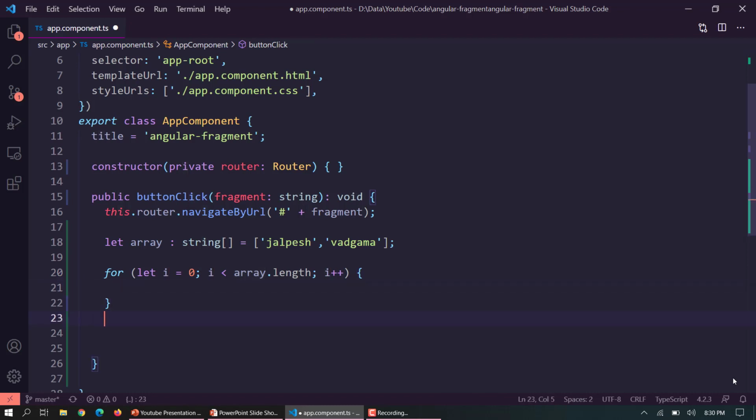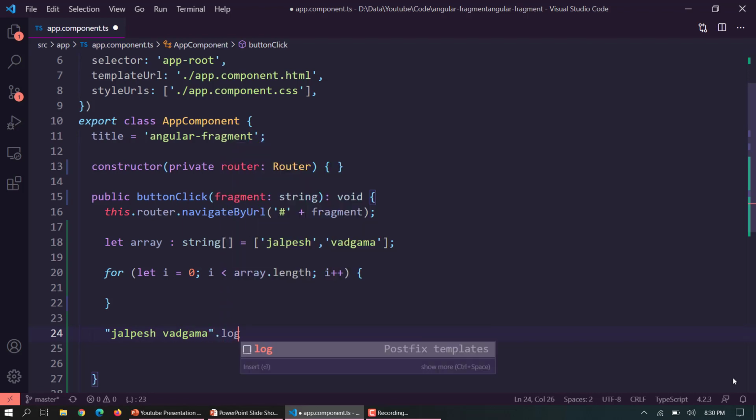In the same way, let's say I want to put one string in console.log. If I do it like this and press tab, it will do me this favor. So all these things are possible with Postfix Templates, and for the TypeScript and JavaScript versions of Postfix Templates,